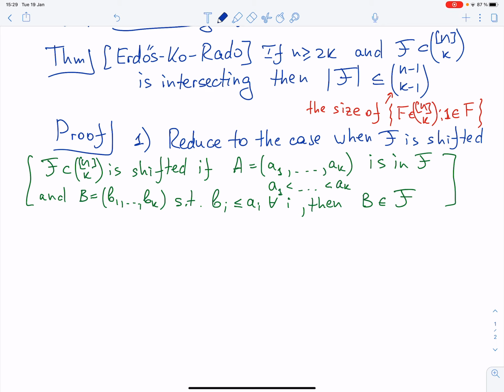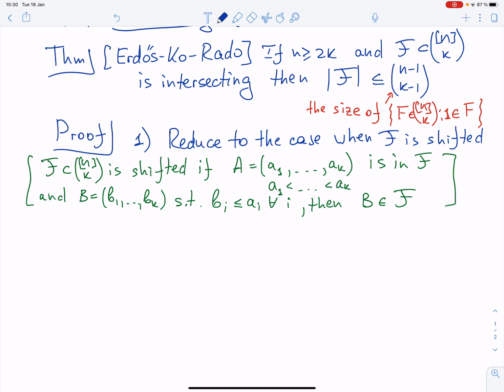This you can see in one of Julius Kaplan's videos that also gives a proof of the Erdős theorem. And then basically you repeat these shifts, and eventually you reduce any family to a shifted family